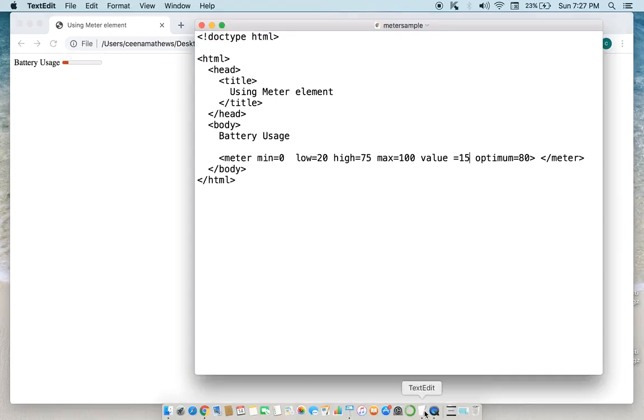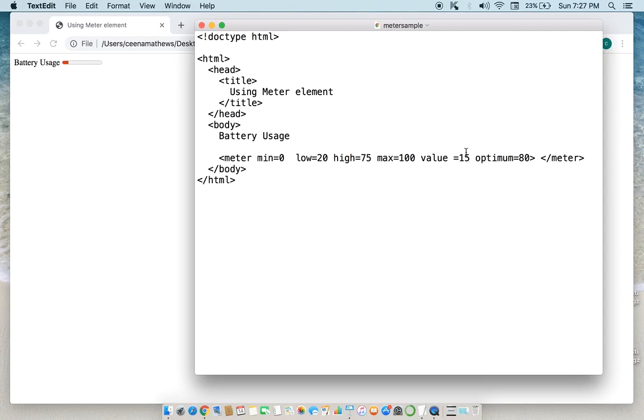Since the optimum best value is within the higher range, that is between high and maximum, the value 15 is at the lower part of the gauge. So it is showing it in red color.